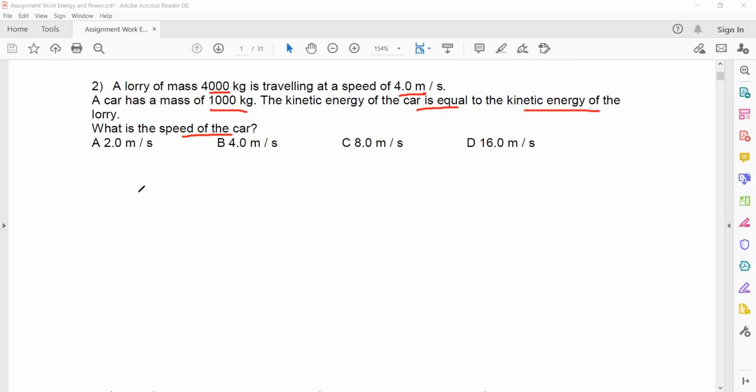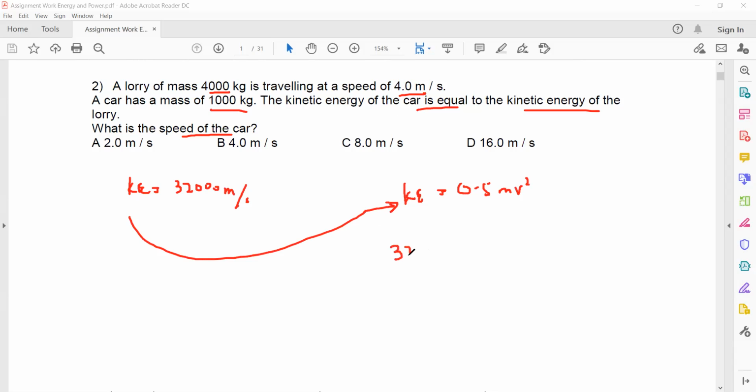After substituting the values, you got 32,000. Then the kinetic energy of the car is half mv square. And they mentioned the kinetic energy of the truck or the lorry is the same as the kinetic energy of the car. So this will be 32,000